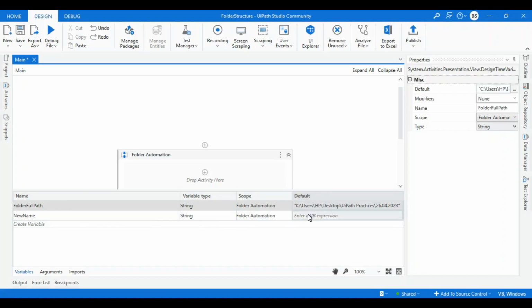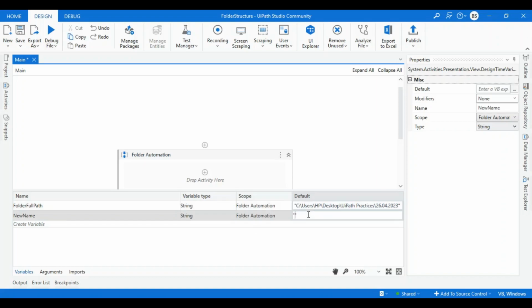Now in new name, I want to rename my folder as report underscore, now use string concatenation, and DateTime class dot Today to get today's date, and I want to convert this date into ToString with my format as dd.mm.yyyy. Okay,